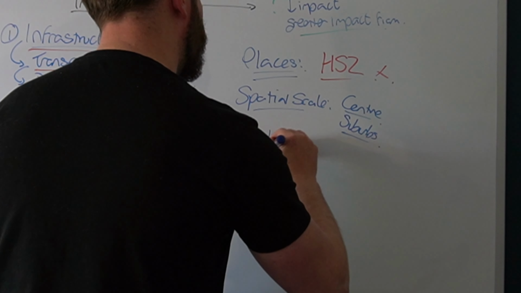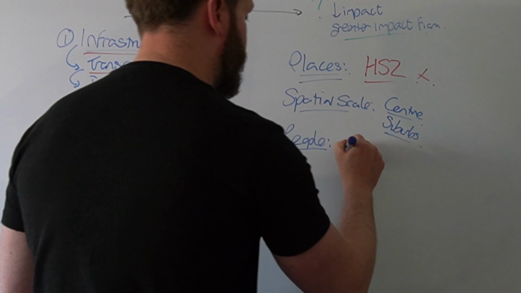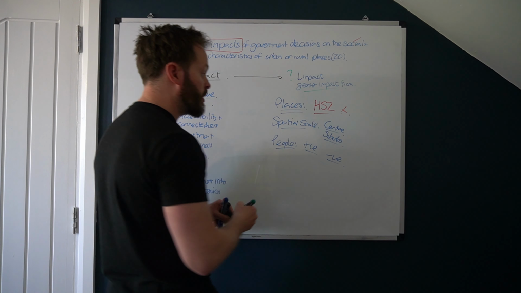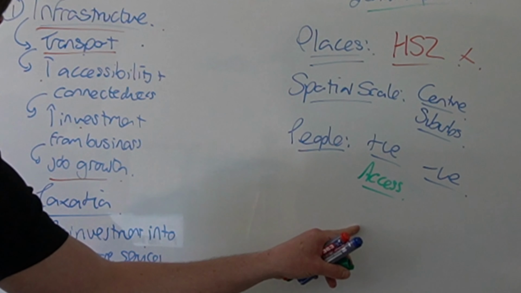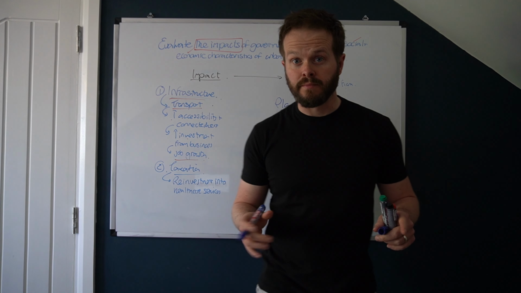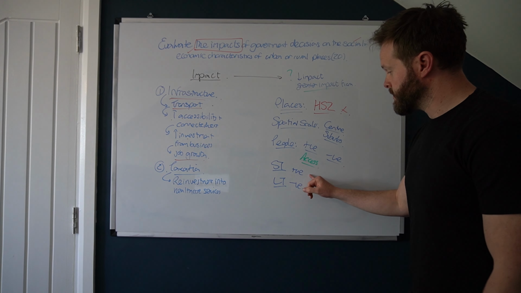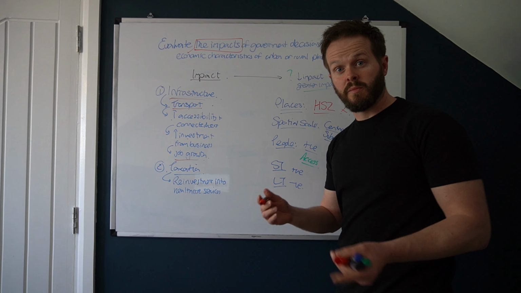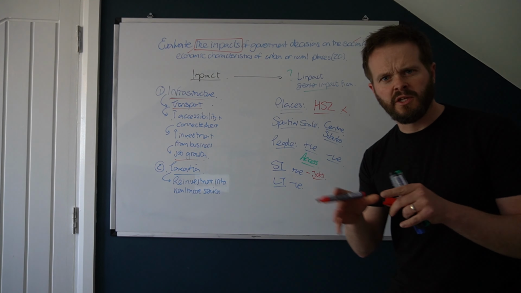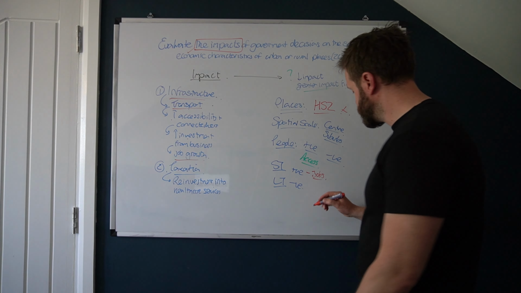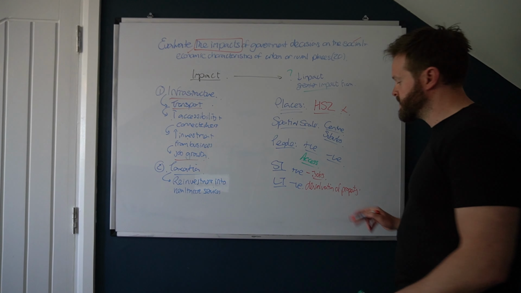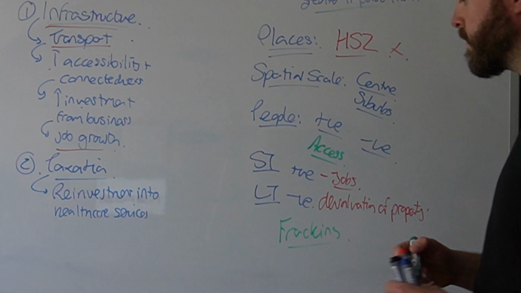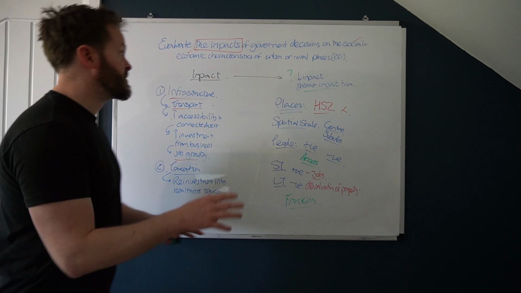There's certainly a way that you can go with people. For some people, there will be positive impact. Others, there might be a negative impact. Or it might just be, can they access these impacts? Maybe we can go down the route of timescale. So in the short term, it might be that there's a positive impact, but in the long term, it might be that there's a negative impact. So in the short term, one of the positives might be, but in the long term, one of the negatives might be the devaluation of property, and you can definitely use that with any kind of energy infrastructure. As you can see,